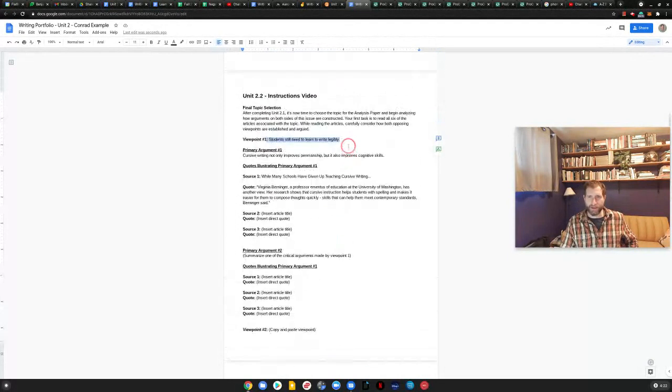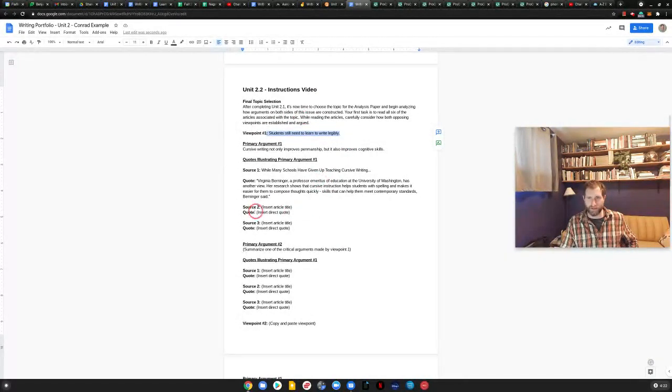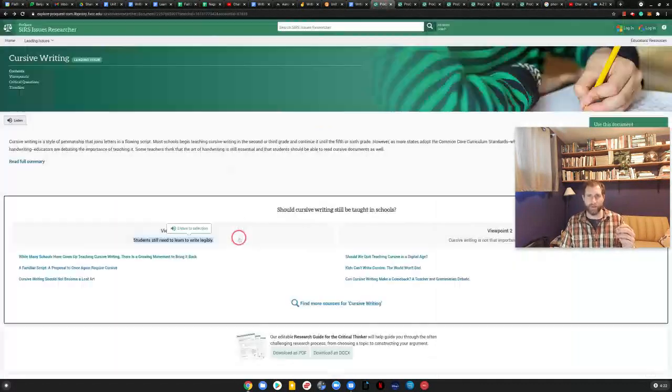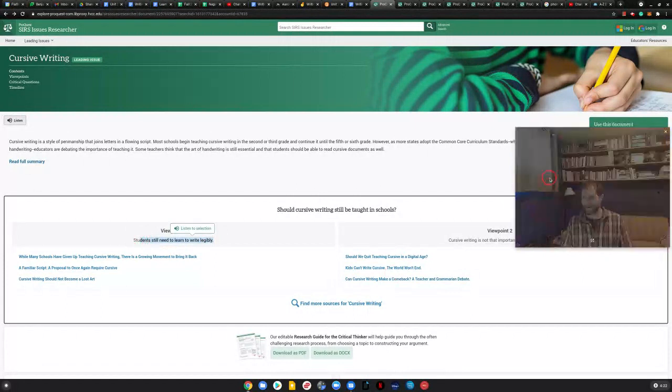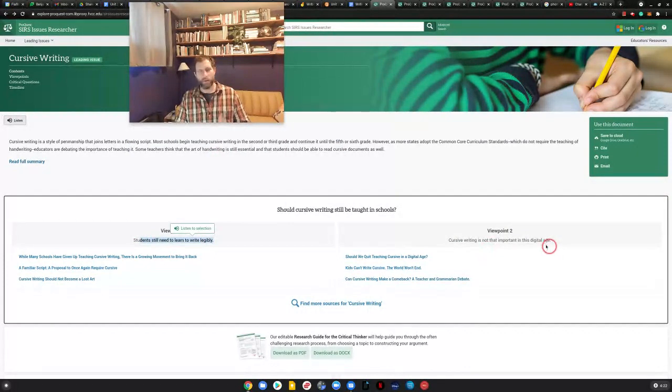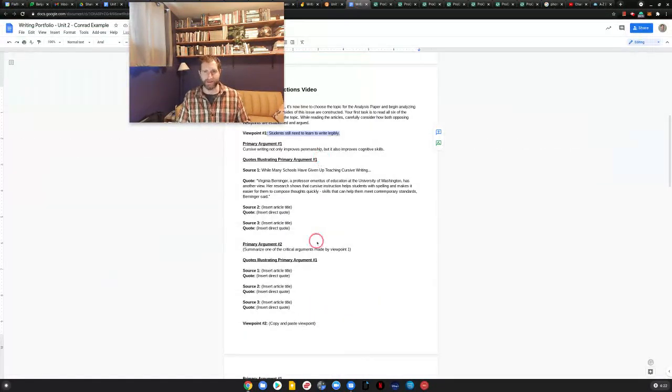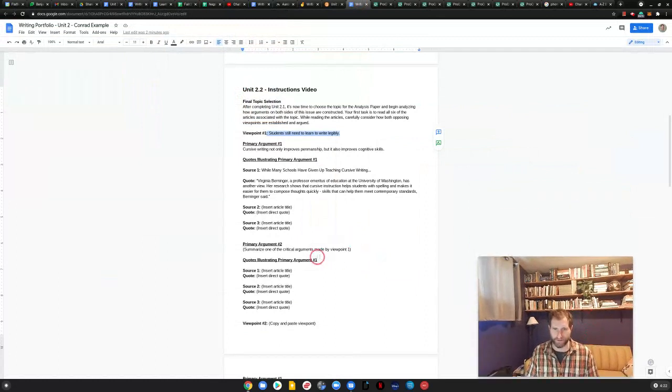And so for the rest of Unit 2.2, you're going to read your articles. You're going to come up with two arguments for each viewpoint. For this viewpoint right here, you need to come up with the two primary, backbone, most critical arguments for why the people who feel that cursive is a necessity think that, and what arguments they make. Over here, why do these people think that it's not important? What are the key arguments that they make? That's when you're establishing these arguments. And then you're putting in evidence that's going to support those arguments.